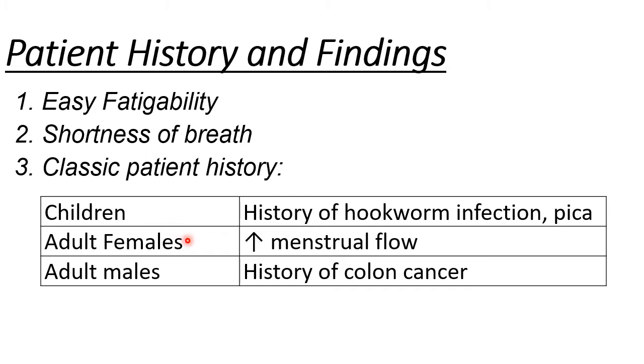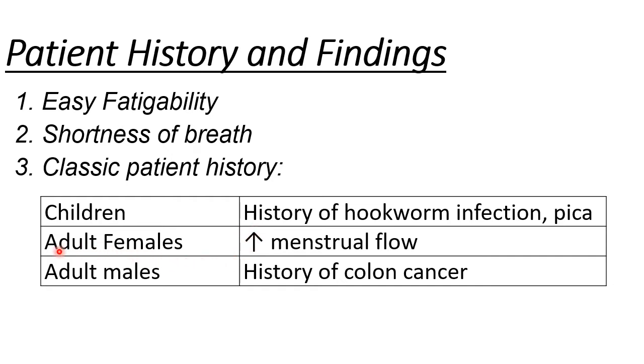And then, while in adult females, ano ang major cause of anemia? During menstrual period, lalo na pag madaming menstrual flow. Paano masasabi kung madami ang menstrual flow? If the patient uses more than 8 pads per day, and madalas kapag sa gabi natatagusan talaga, kahit may pads, buong kama, minsan may buong kama, may bleeding, may dugo.